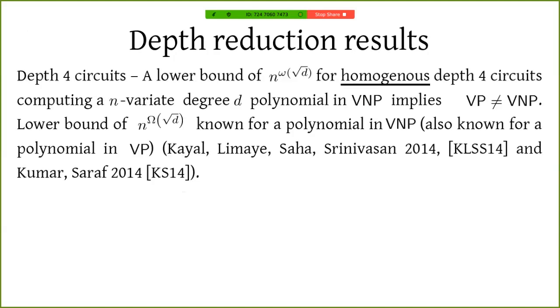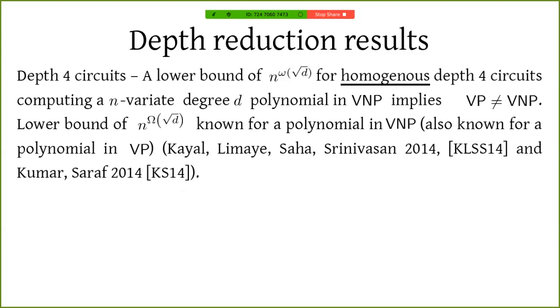A lower bound of n raised to small omega of square root d for homogeneous depth 4 circuits, computing an n-variate degree d polynomial in VNP, implies VP is not equal to VNP. In fact, a lower bound of n raised to capital omega of square root d is known for a polynomial in VNP as well as for a polynomial in VP due to the works of Kayal, Limaye, Saha, and Srinivasan, and